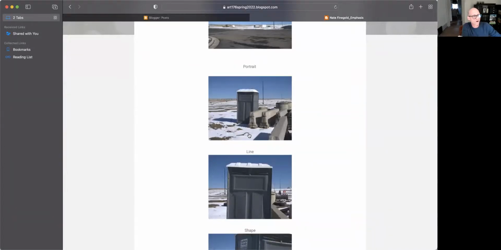What is it that you are interested in exploring? What are some of the things that catch your eye and you're interested in showing us? Also, you have these prompts, right? The words, the portrait of a structure or line or shape. Sometimes it's just the one word. All of those things are meant to give you a little bit of focus. In some cases, they're very straightforward. In some cases, they're a little bit more ambiguous, like,